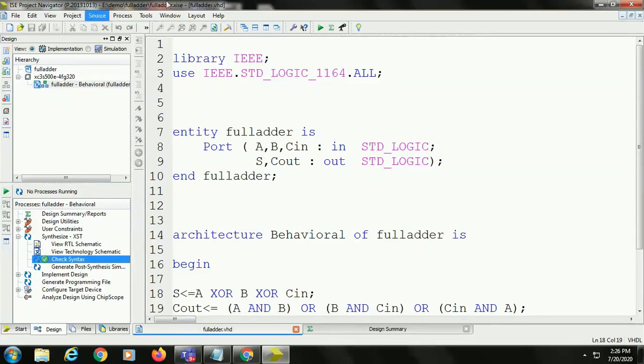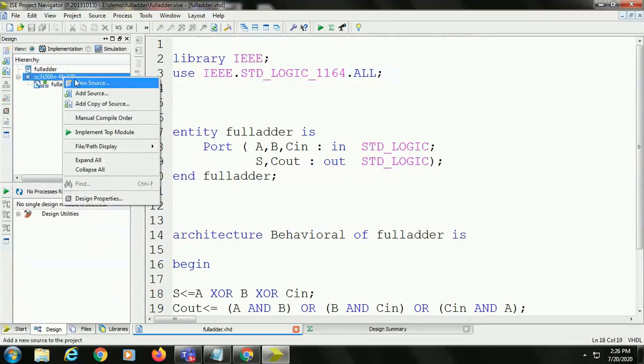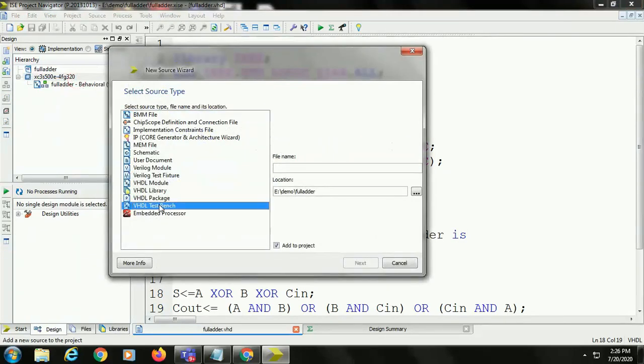So right click on this device, new source. Here we are writing the test bench program, so we select VHDL test bench. Why are we writing this? We are specifying the inputs, for which inputs it has to plot the outputs. Those inputs are specified in this test bench.